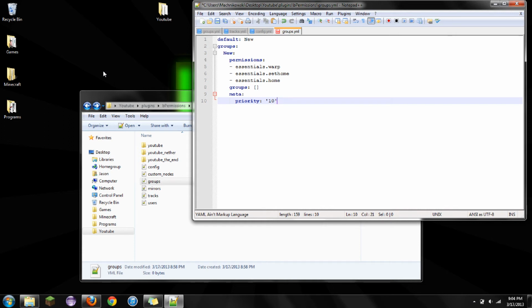Now what that means is right now it's at the bottom, and every group that I want ranked above that, I need to make sure that it has a higher number value than this one. It doesn't have to be by tens. As far as I know, it can be by ones. You just need to make sure that the whole number value for each group up the rank chain is higher than the last one. And we'll go ahead and give these guys a prefix just so when they log on and type,